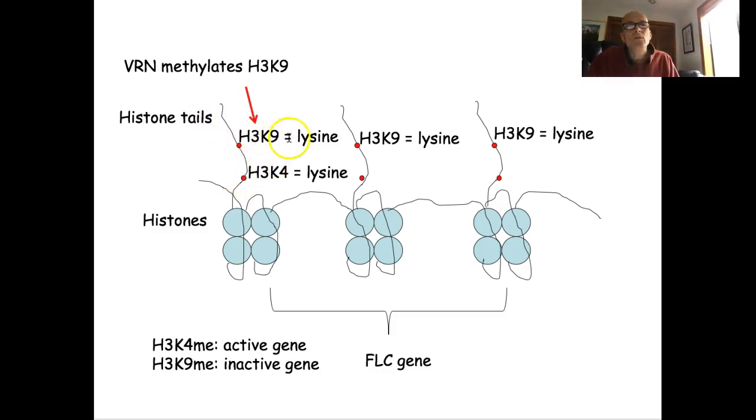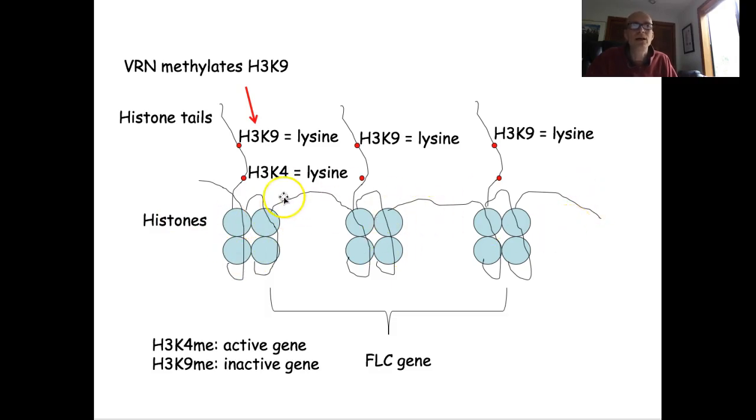So when you count these up, the 9th amino acid from the end, if that's a lysine, then it's a K9, and if it's the 4th amino acid from the end, then that's K4. So that's just the nomenclature for it. Point is, what is the methylation state of these amino acids? So do they have an extra methyl group stuck on it or not? And if so, interestingly, that changes the activity of the transcription of this gene that is wrapped around the histones,